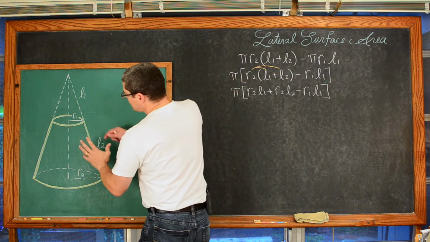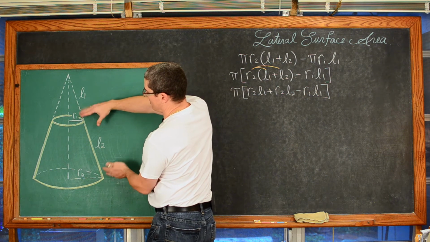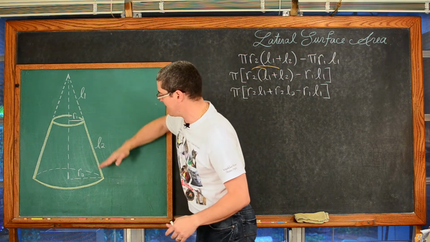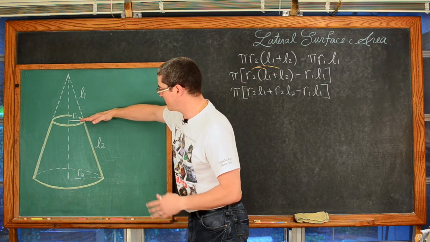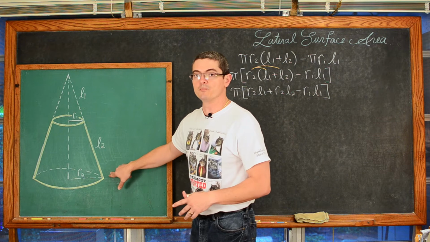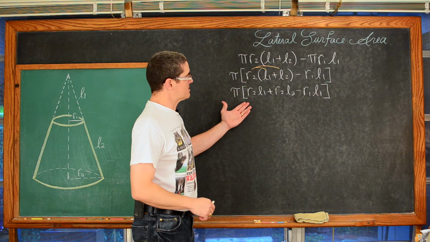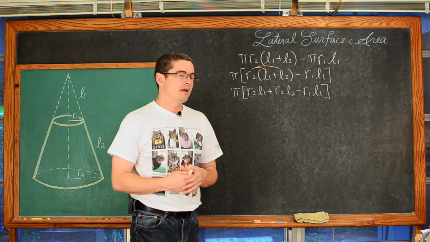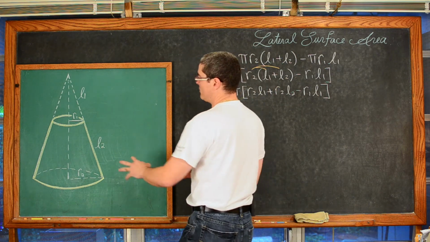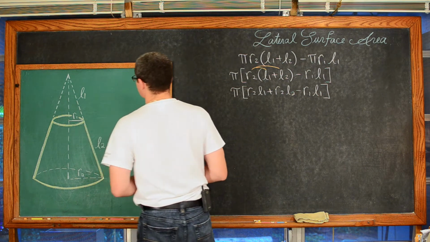Now, I want to talk about this portion of the right circular cone, and I want to remove the references of L sub 1, this top slant height, and just have this section here going from the top of our portion of this frustum to the base, L sub 2. Okay, because I want this top section to be gone. So at this point, there's nothing I can do with all of these expressions to somehow eliminate L sub 1 and have it all in terms of L sub 2. So we need to do something with the relation of all of these values and hopefully at some point get rid of that reference of L sub 1.